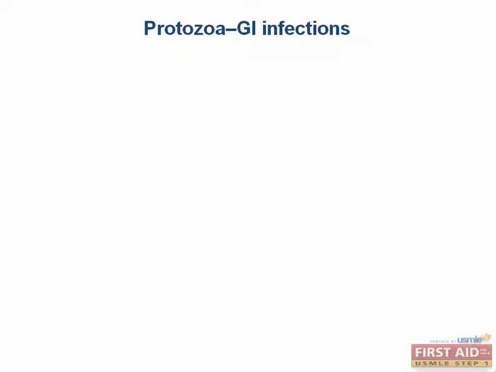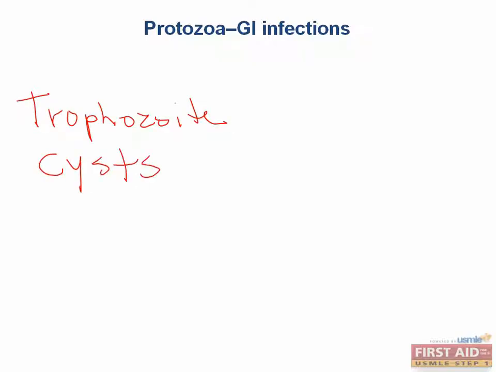Now first we're going to discuss protozoa. Protozoa are unicellular motile eukaryotes. Some have life forms that alternate between a proliferative feeding form called a trophozoite and a dormant form called cysts. Cysts can withstand very harsh conditions such as extreme temperatures and periods without nutrition. The cyst form allows parasites to survive outside of their host and transfer from one host to another when found